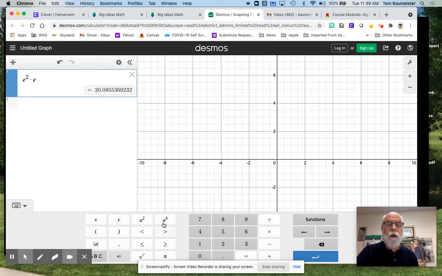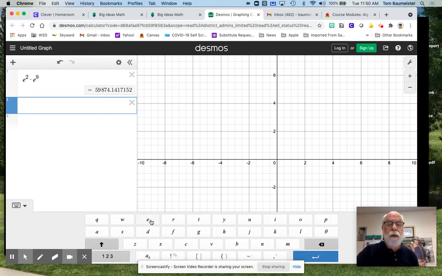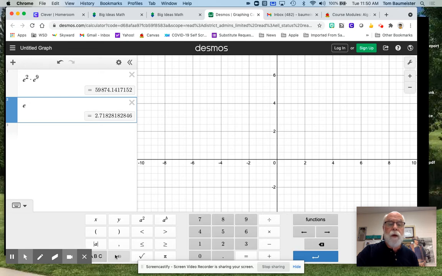So then we're going to go to this a raised to the b power and put 9 there. And notice we have 59,874. So you can always check, especially when it's just real numbers, no x's or anything like that. And on this one here, if we go e to the 11th,